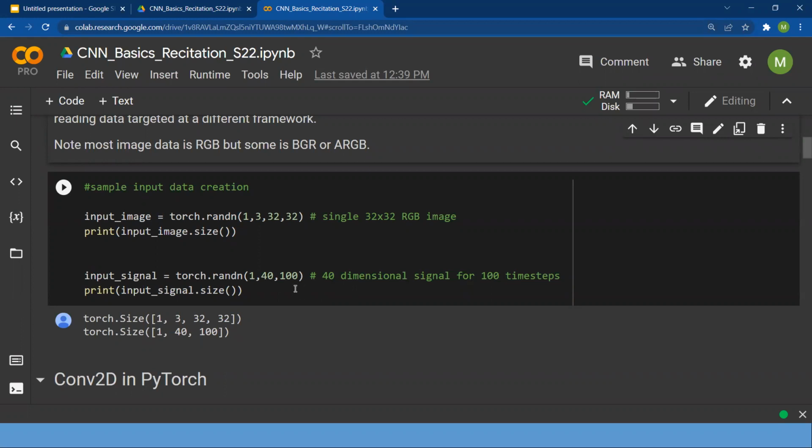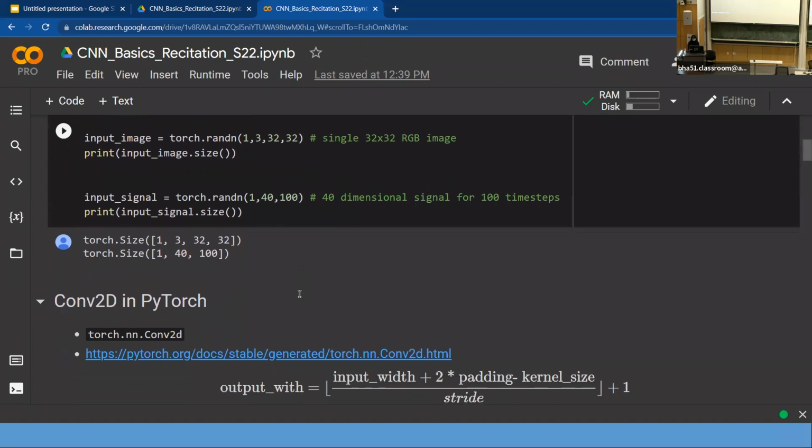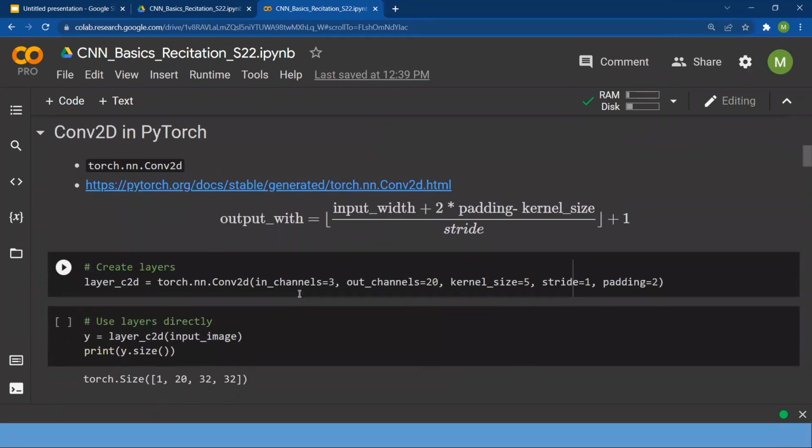And the second is input signal. So it's really similar. We have one signal, and the signal has 40 dimensions. So the number of channels here is 40, and 100 just means that you have 100 time steps to consider. Cool. So that's that. And here is a quick example of how you can invoke the Torch Conv2D